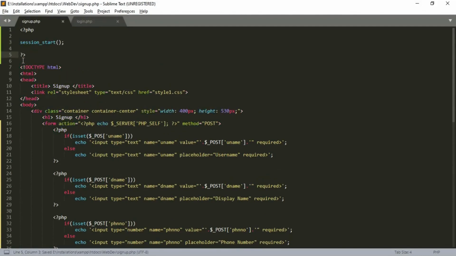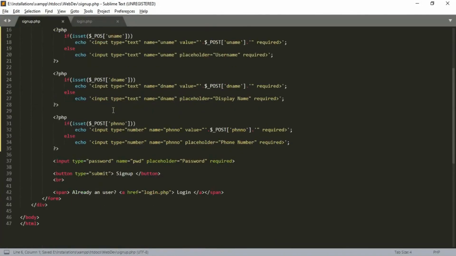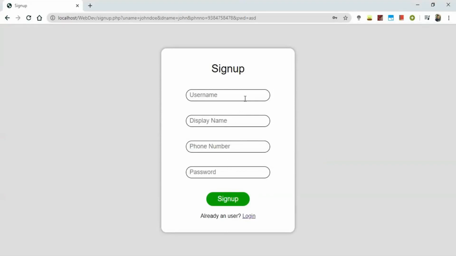Now let's try it again. Enter the details. Oh, only two values were restored.